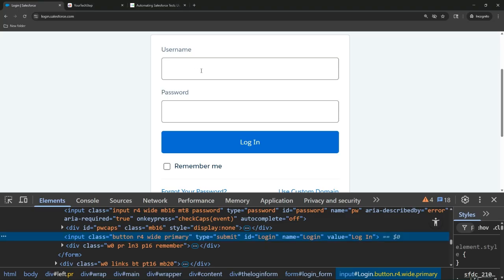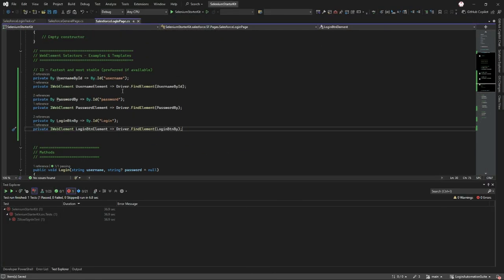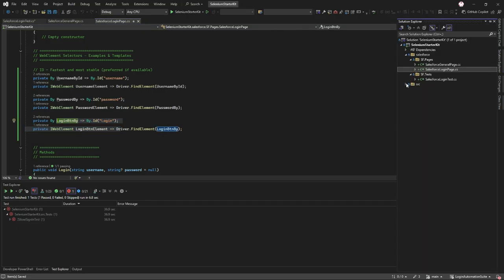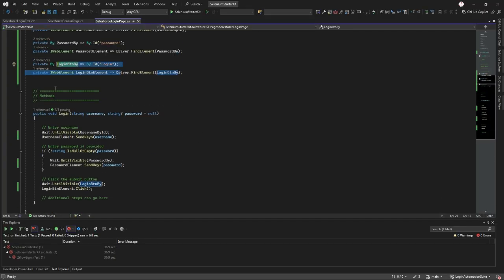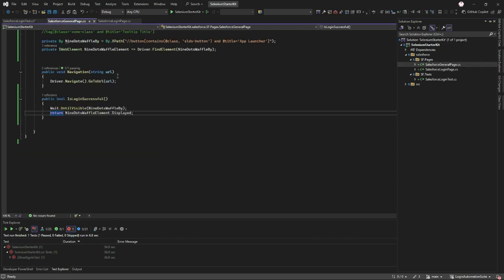Okay, so now we would just have to translate this into our page class. So we just create a page class. So you want to create your page class. So we have our ID for username, password, and login. Now Salesforce is a little different in this series. Salesforce actually is going to get its own, here let me close this up, its own section for Salesforce. So we have our login page. This is our actual login page. And then we have our general